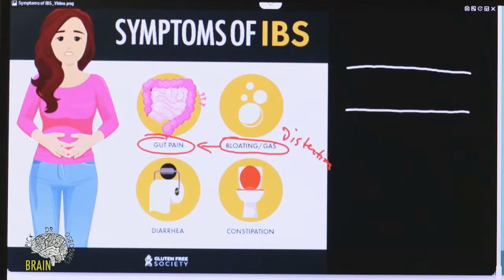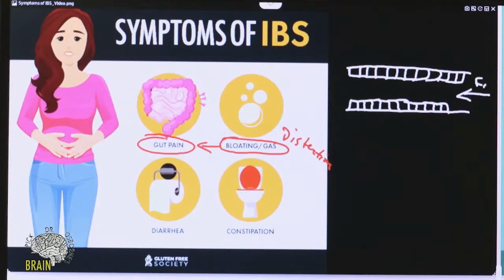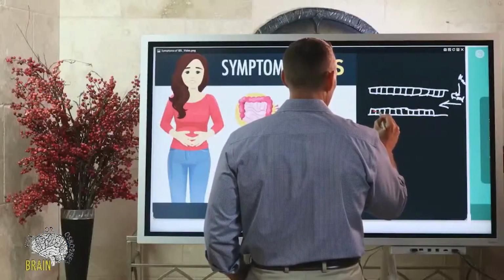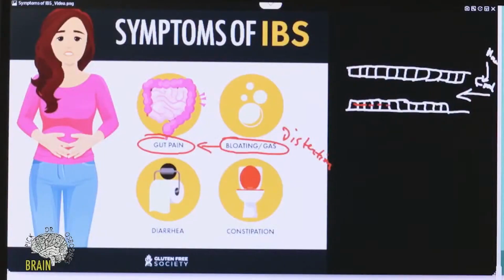So if we're going to draw you a picture here, this is the gut, okay? So the cells of the gut look something like this. There's a single layer of cells. Okay, so imagine this is the tube of the gut. So food is coming this way, if your mouth is up here, right? And so the food is coming through and going through the gut lumen. So right in between your gut cells, you have these anchors called tight junctions. This is what I'm drawing in red here. These are tight junctions. They keep the lining of your GI tract sealed really tightly.